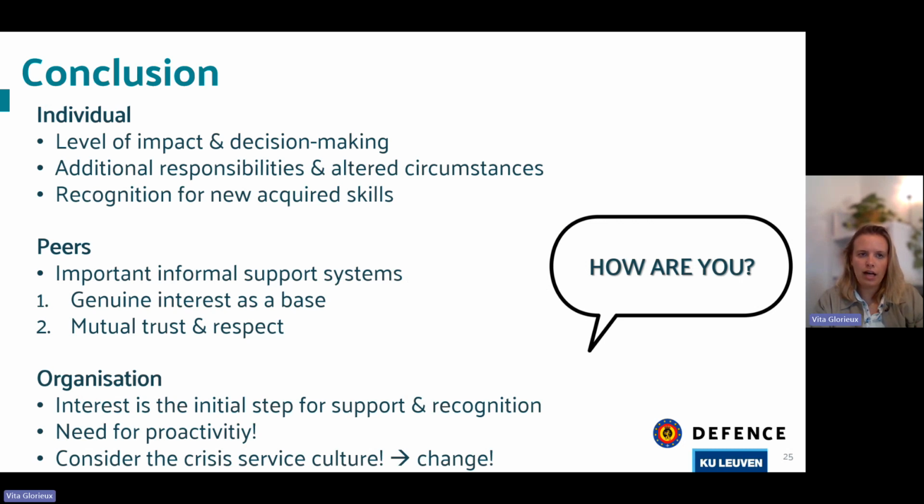So to conclude, first of all, at the individual return level at the workplace, they are really struggling with the level of impact and decision making back home. Additionally, they have extra responsibilities and altered circumstances. And also there is a need for recognition for newly acquired skills that they can use in the workplace. For the peers, so the deployment unit, the colleagues, and the supervisors, they are very important informal support systems. However, you need to show genuine interest as a main base, and there needs to be mutual trust and respect,